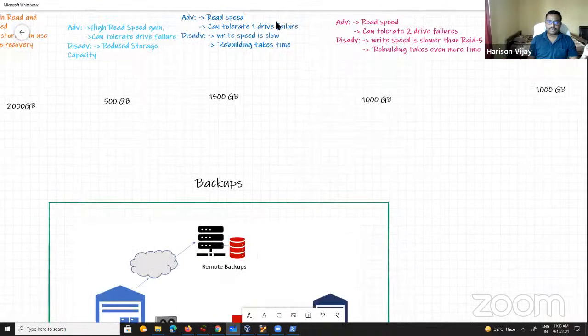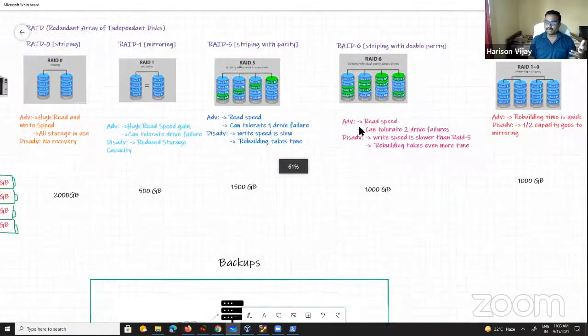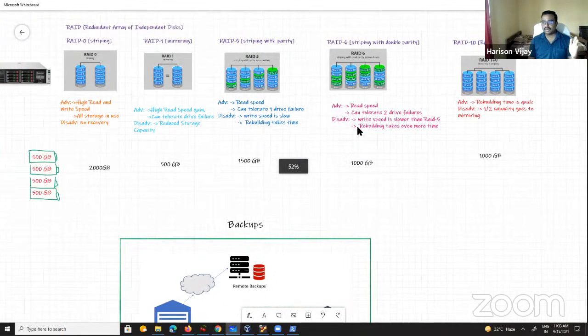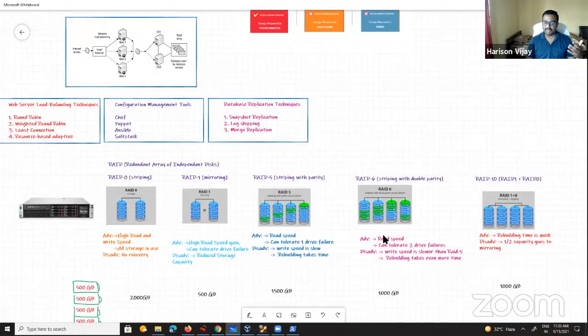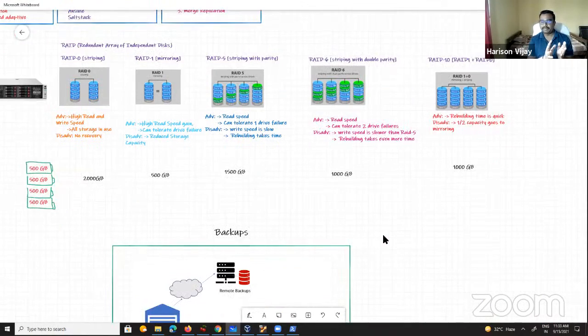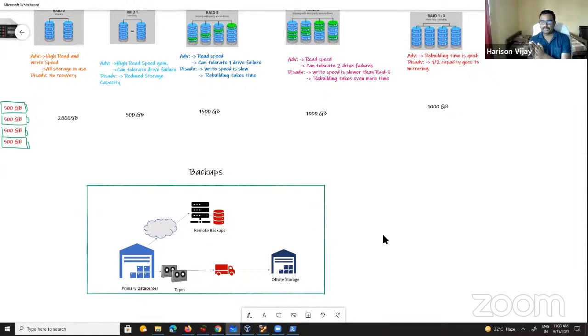When I talk about redundancy, I talk about immediate recovery. When a failure happens, there is an immediate recovery plan: one thing fails, another thing immediately picks that up. With backup, you don't expect it to pick things up immediately. You have a copy of your data that is stored at an offsite location. This is a requirement for many regulations. You must have a copy of your data stored in a different or remote location